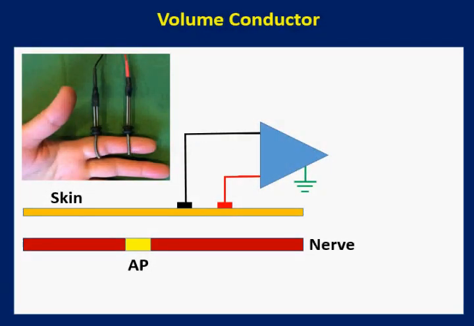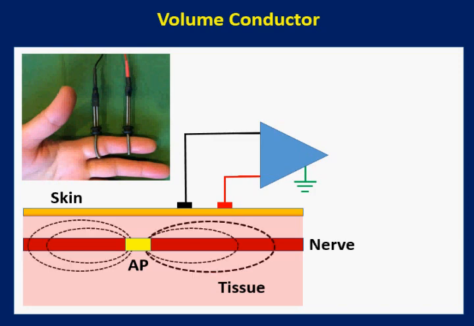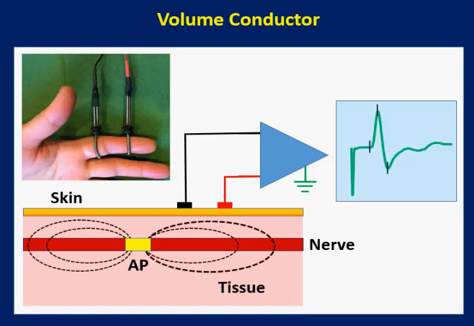The needle EMG and nerve conduction recordings are performed in the extracellular space called the volume conductor. The volume conductor is essentially the highly conductive body tissue which facilitates the electrical fields to spread away from the generator site. An example of such recording is the electrocardiogram, where the electrical activity of the heart can be recorded remotely at the limbs. The shape of the potential recorded in the volume conductor reflects the electrical events at the